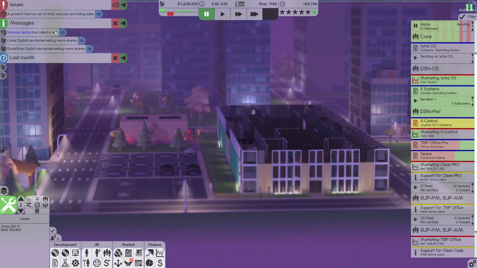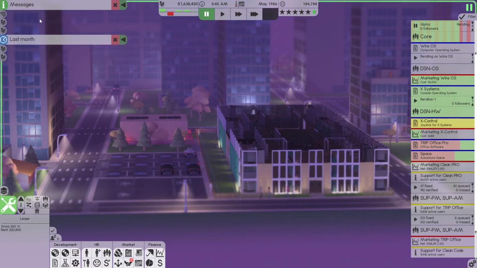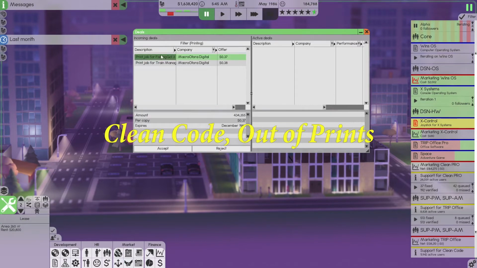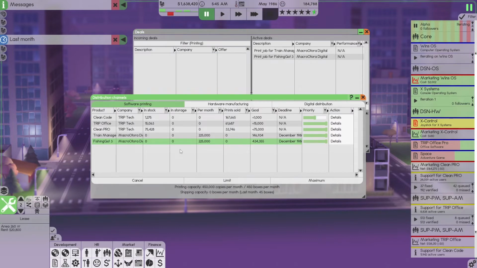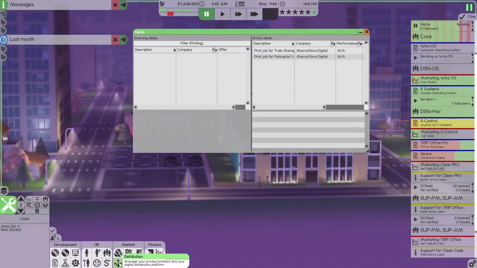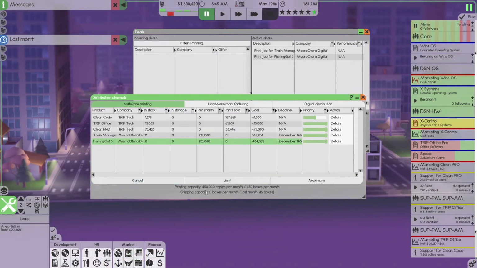The product has run out of stock. What? Oh. That showed and it went away. And it's showing it went away because apparently the helicopter picked it up, but I didn't see it pick up. So these two are in when? December. I've got to keep an eye on these because I've got to make sure. 4, 5. I forgot how much we were able to print. 360. Oh, now it's 450. And we're fast approaching